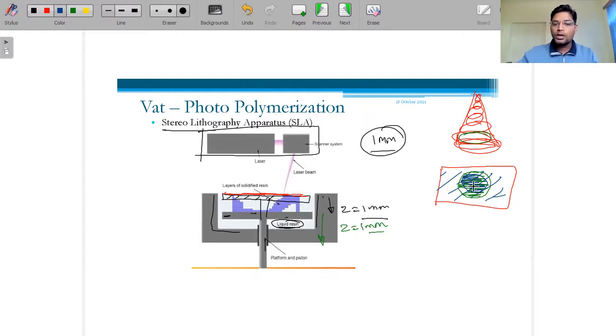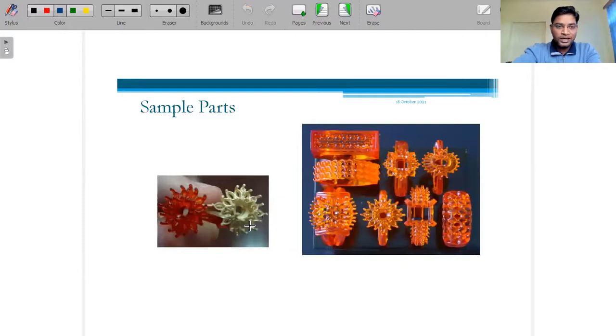So this is how we form the layers one over another, and this piston is moving towards the downside. If you see the example here, initially the first layer is deposited, and this was the solid we needed. Secondly, this is deposited, like that and like that. So the liquid material comes over the surface, and through the laser we are basically printing, and it gets solidified. So this is basically the vat photopolymerization technique.